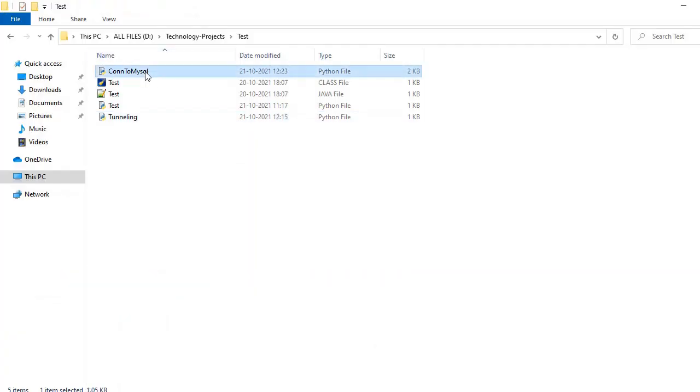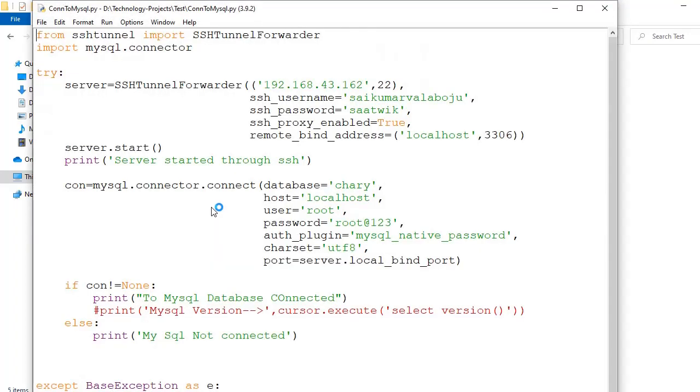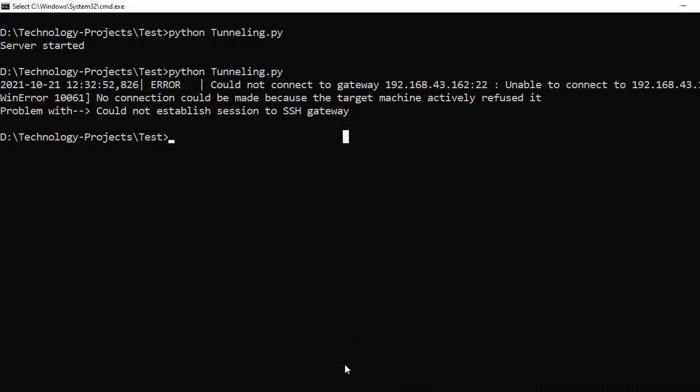If you have knowledge of JDBC, Python to database connection, you can understand easily. If you do not have knowledge, just observe what I am saying. To connect Python to the database, we need one module called mysql.connector. This one also we have to install by using pip install mysql.connector. It is already in my system, so it will say requirement already satisfied.